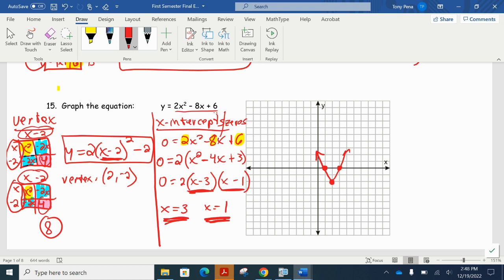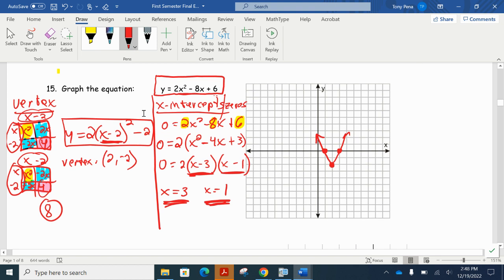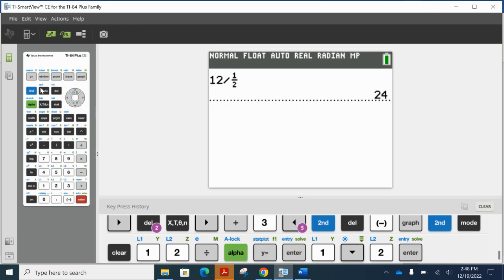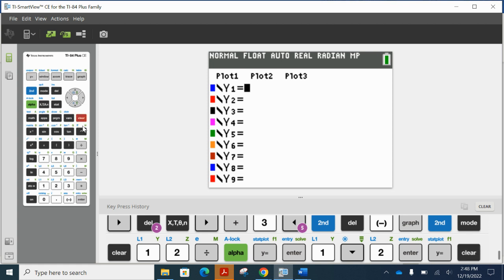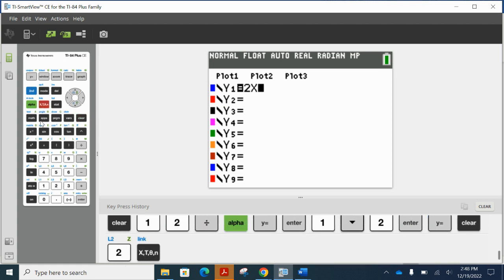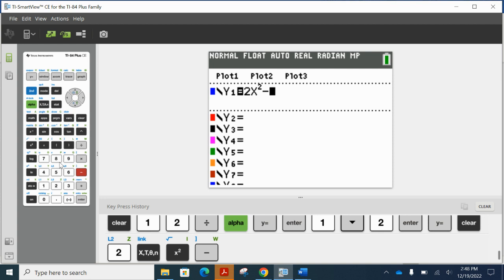Additionally, if you have your calculator, so while it's not necessarily what us as math teachers would want you to do, but it's a final and you want to do as well as you can, you have access to your calculator. So if there was a graphing calculator question or graphing a parabola question, there's nothing stopping us from just plugging this in. So if I go to my calculator and I plug in 2x squared minus 8x plus 6 and I hit graph,